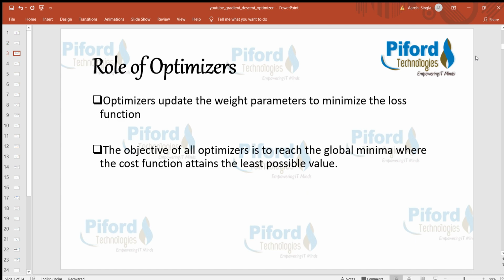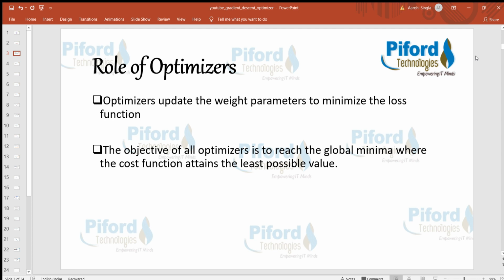So what is the role of optimizers? See, an optimizer updates the weight parameters to minimize the loss or error. What we are basically looking for is a certain set of weights with which the neural network can make accurate predictions. And when our algorithm is giving accurate results, that automatically means the loss value has decreased. So the loss function, this error function, basically acts as a guide by telling our optimizer if it is moving in the right direction or not to reach the global minima.